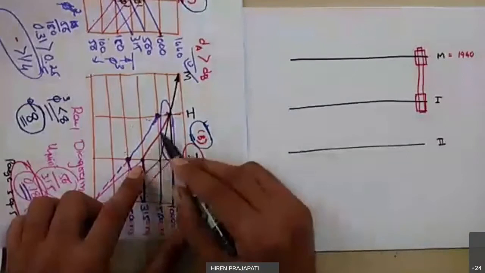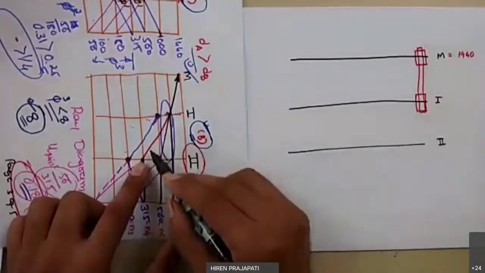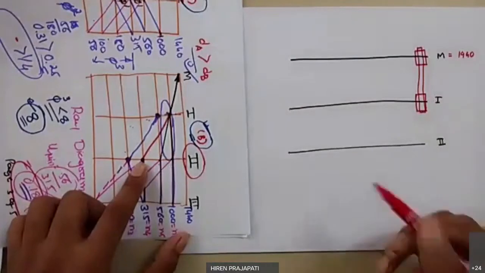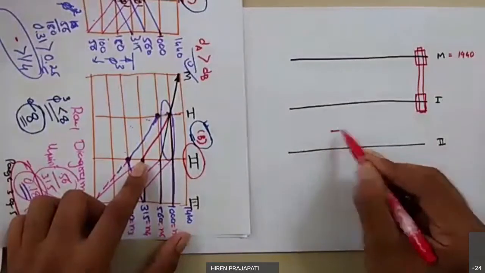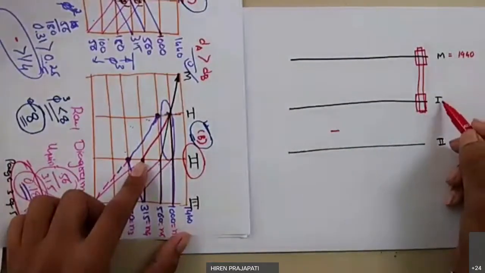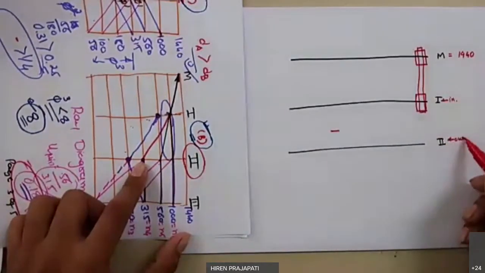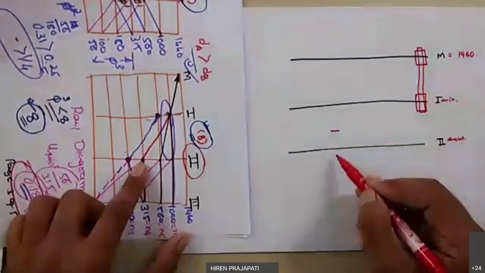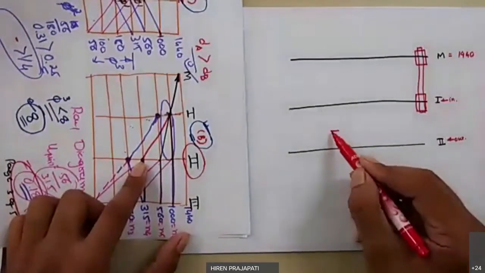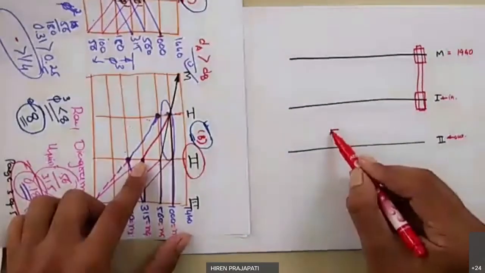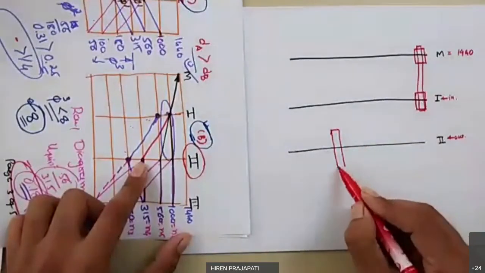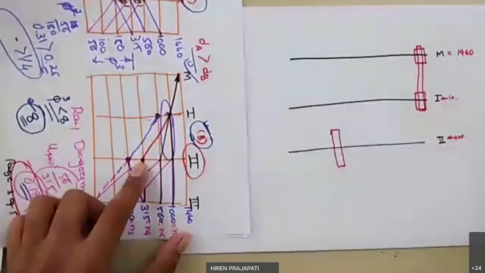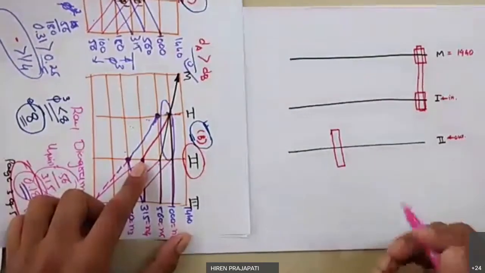Now the maximum reduction available is indicated by this red color line. So let me use a color code here. The maximum reduction we are getting is using the red line. For stage 1, this is the input shaft and this is the output shaft. We want reduction in speed, so I need to consider this red color gear with large diameter. So this is one gear of the particular gear cluster.